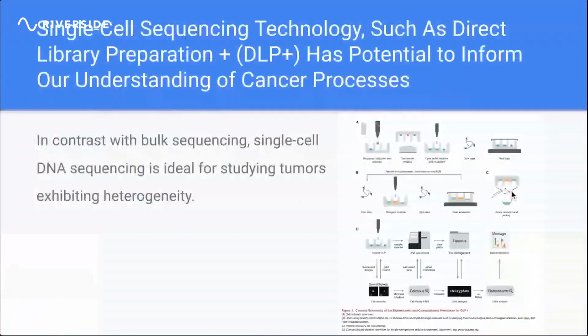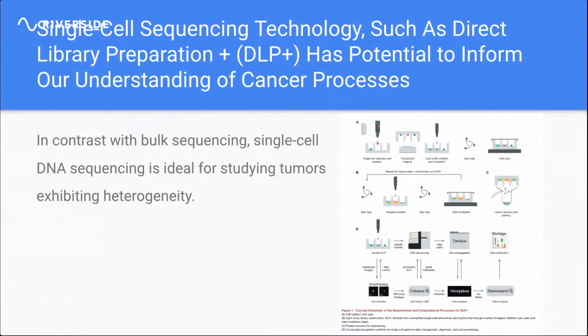So, first, it's important to discuss a novel single-cell sequencing technology that's been developed at Memorial Sloan Kettering called Direct Library Preparation Plus, which has the potential to inform our understanding of cancer processes. In contrast with bulk sequencing, which takes a more general, overarching look at the genome of a tumor, single cell DNA sequencing is ideal for studying tumors exhibiting heterogeneity, because bulk mixes all the cells in the tumor together. Single cell DNA sequencing allows us to study subclonal populations,